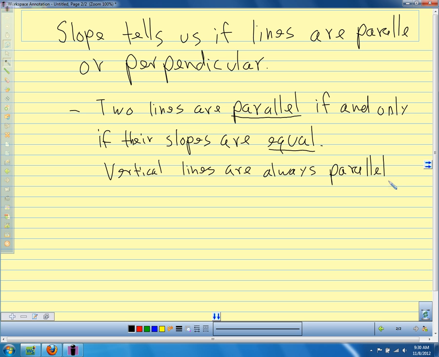So we can compare the slopes of two lines. If the slopes are exactly the same, then we know that the lines are parallel. We can also tell if they're perpendicular. Two lines are perpendicular if and only if